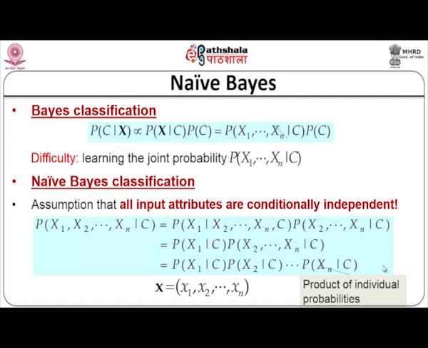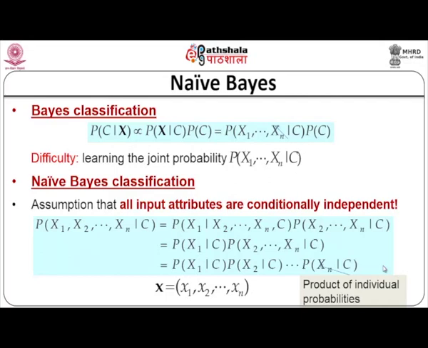In order to avoid the joint probability, we assume that all the data points contribute jointly to the classification, which is actually true. But we are making an assumption that all the input attributes that the data point is associated with are conditionally independent. Again I will tell you, we are taking all the data points corresponding to a vector, and all of those attributes jointly contribute to the classification, but we are assuming that all the input attributes